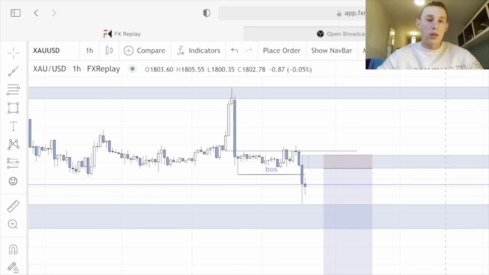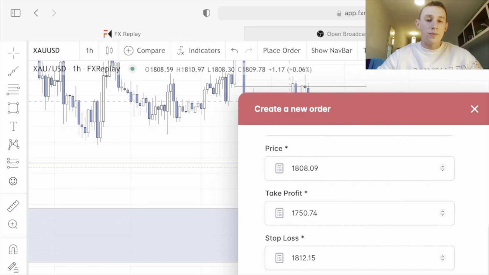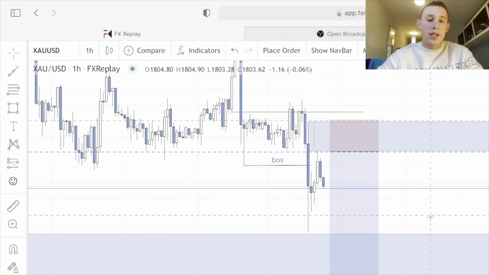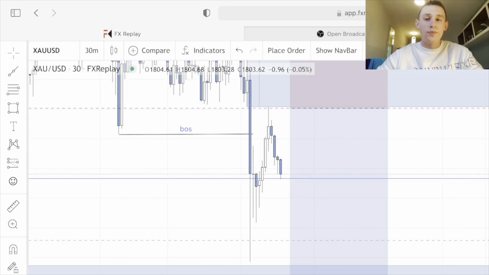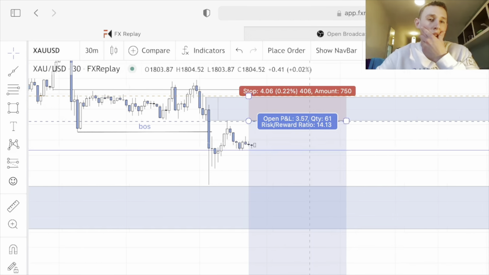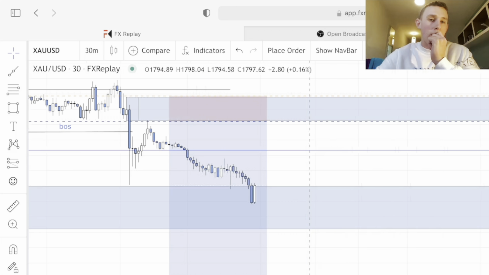Going back to the 1 hour. Place the order. There we go, trade tagged in. Now we just let it play out and also look to see if we can get any scale-ins. Okay, the low is broken now. At this point,